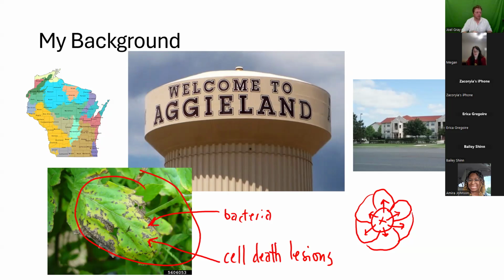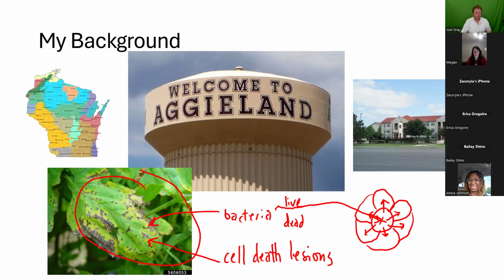And pathogens survive off of living or dead tissue. There are some that survive off of both, but if a bacteria that lives on live tissue shows up to this cell, it's going to feed off of that and go on to another living cell. If it sees a dead cell, it's going to say, can't eat that, I'm good. So anyway, the point is that this cell that was infected sends out a messenger to all the adjacent cells, all the nearby cells, and says, hey, I was just attacked by this bacteria.